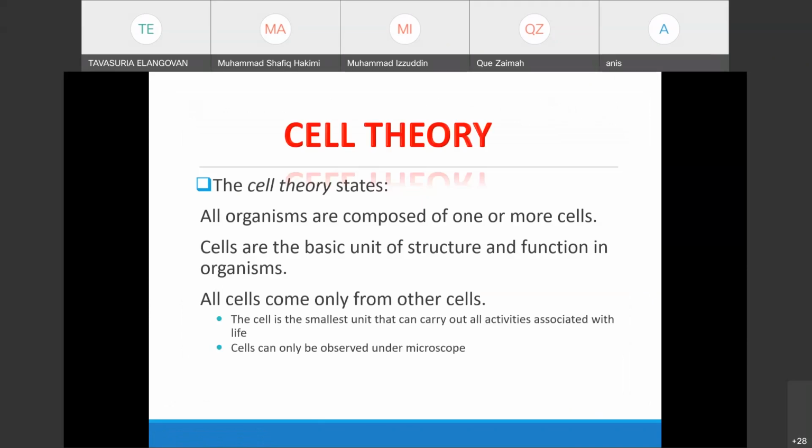Okay, the second subtopic. Before you learn about the cell types, you should know about the cell theory. You have learned about the cell theory in chapter 1, correct? So what are the three main parts of the cell theory? All living organisms are composed of what? One or more cells. Yes, one or more cells. And then the cell is the basic unit of structure. And new cells form from pre-existing cells. Okay, so remember the cell theory.